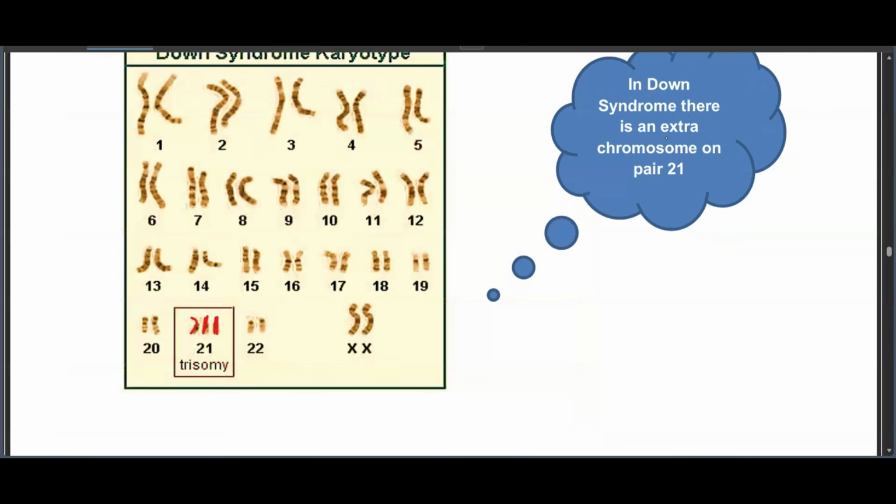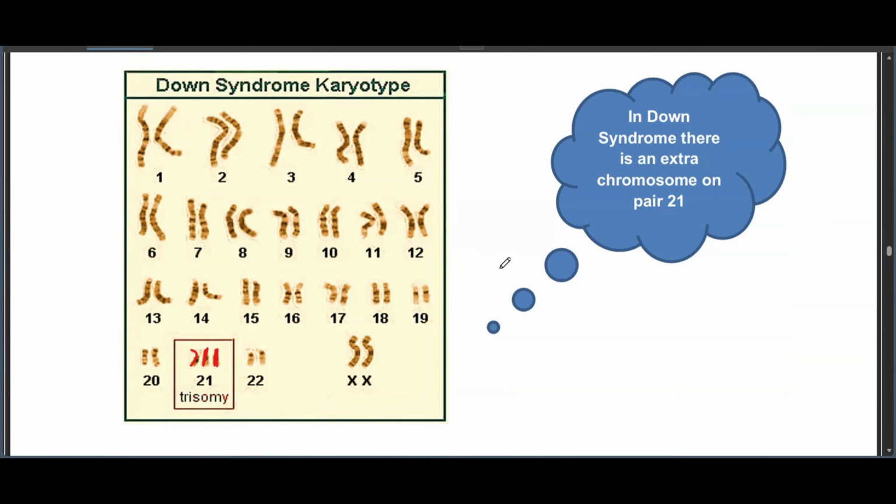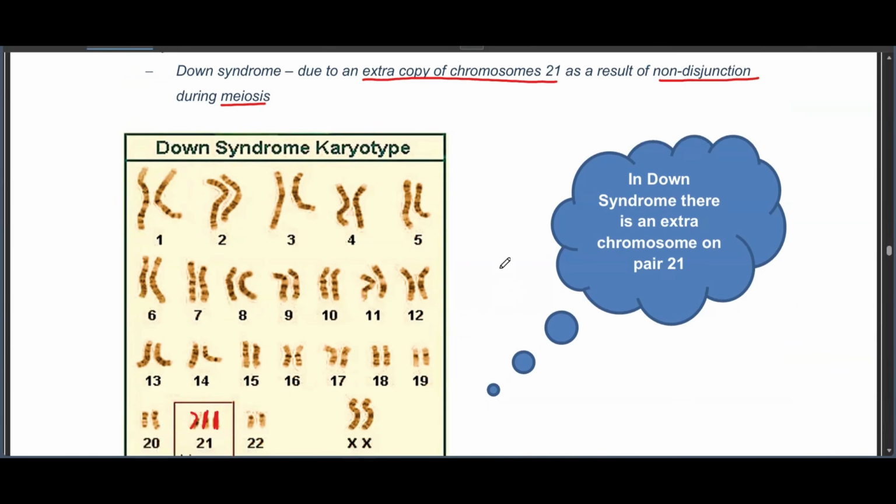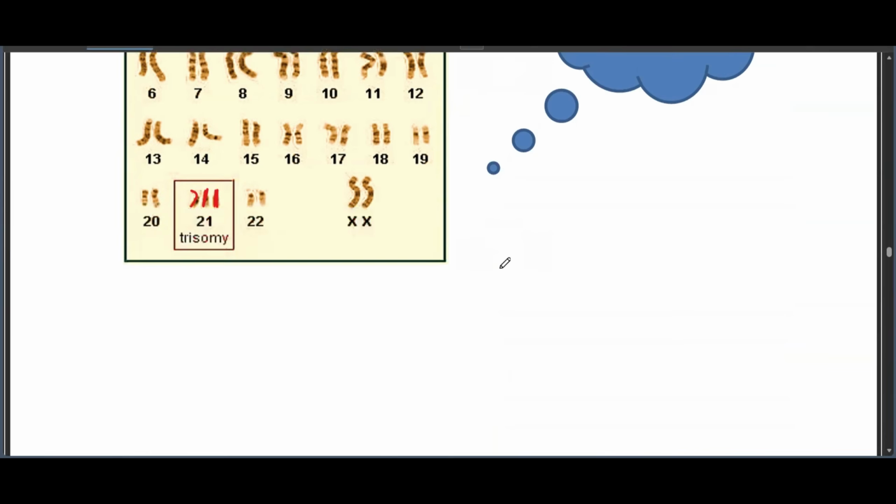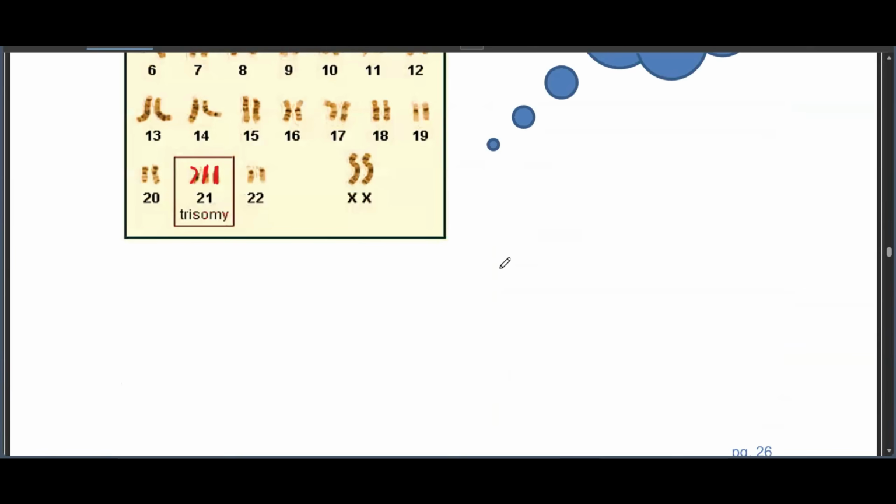mutation. So basically in Down syndrome, there's an extra chromosome on 21. That is why whenever we explain non-disjunction in meiosis, we say that if we take a gamete that has got an extra chromosome on 21, and then we fertilize it with a normal gamete, then you are going to get a zygote with 47 chromosomes instead of 46. The extra chromosome is the one found on pair number 21. That is an example of a chromosomal mutation, a change in the normal sequence of a chromosome in this case. Okay, so these are all mutations, guys.